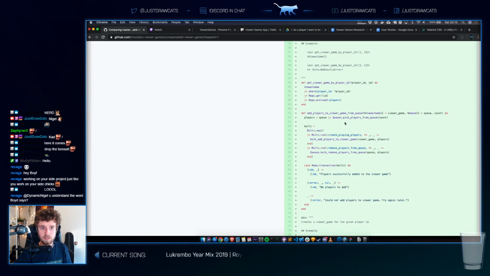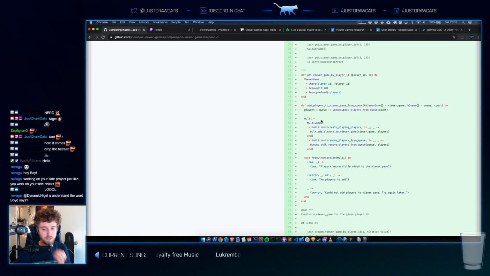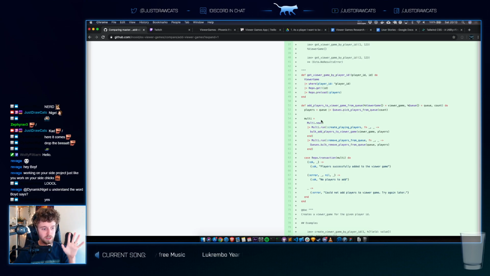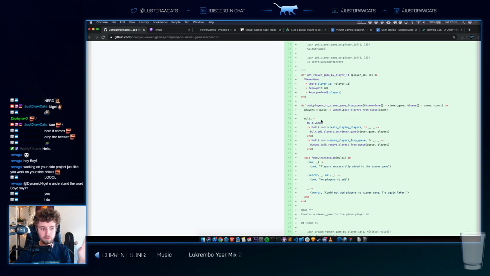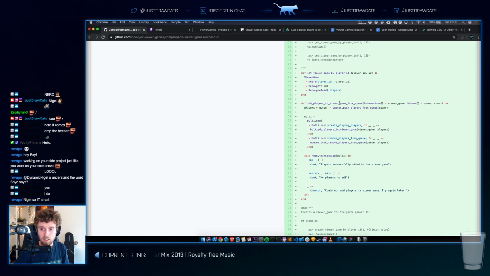The infrastructure that we started with was having a queue with players inside of the queue, and then when you start the viewer game, we pick some people from that queue into the viewer game. In order to make sure that if there's any problem with picking people from the queue to the viewer game, I turned this into a database transaction that picks a bunch of people from the queue.